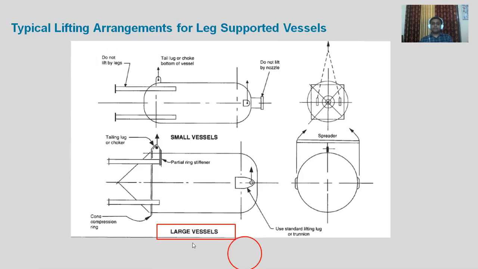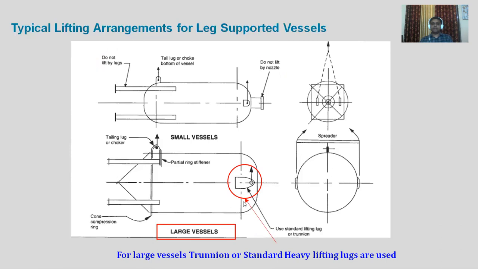In case of large vessels, you can see over here, this is a very large size of lifting. So for the larger vessels, the trunnions or the standard heavy lifting lugs are used. So usually it is said that for the heavier vessels, instead of lifting lug, we are going with the trunnion. So what's the reason why we are going with the trunnion and not with the lifting lug? Can't we design lifting lug? Lifting lug you can design for any size, for any weight. Then why are we going for trunnion? Because the reason being,